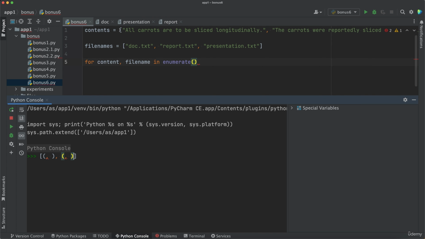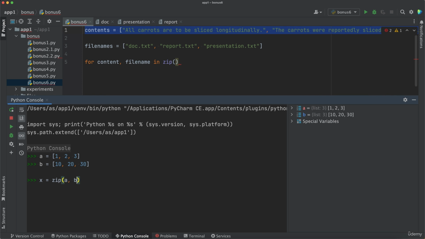We're interested in the items of that and that, and to do that we use the zip function, which works basically like enumerate, and I'll demonstrate how. If we have list A and list B, 10, 20, 30, then X is going to be zip A and B. So that's what we enter here as well, zip